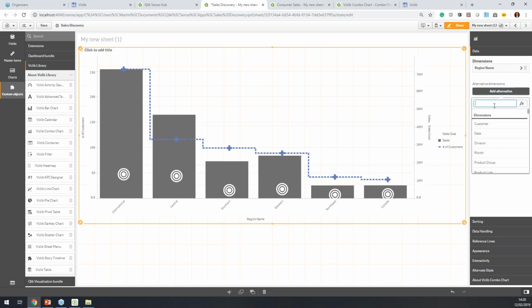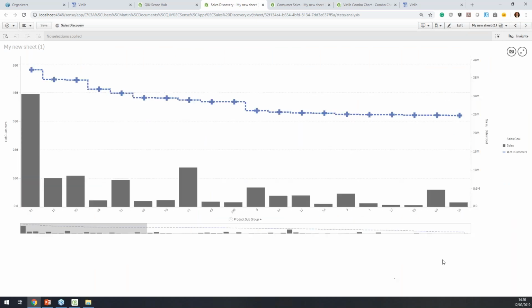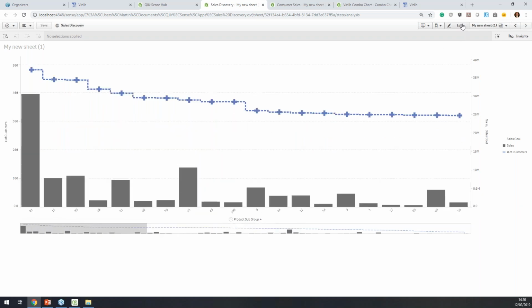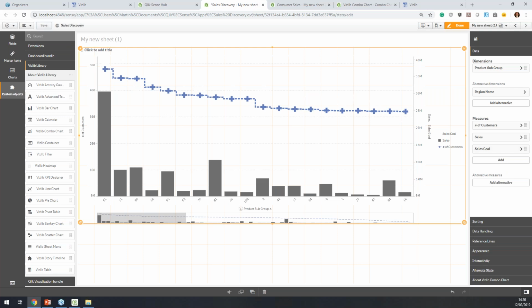So if you want to have something with a higher granularity, let's say how did our sales perform versus different subgroups. So you can define this as an alternative dimension, which appears here with a +1. And if you change this, you can on the fly rearrange this, and then effectively then see how things are performing over a set. And again, one thing that I personally always disliked in the mini chart option within Qonnections